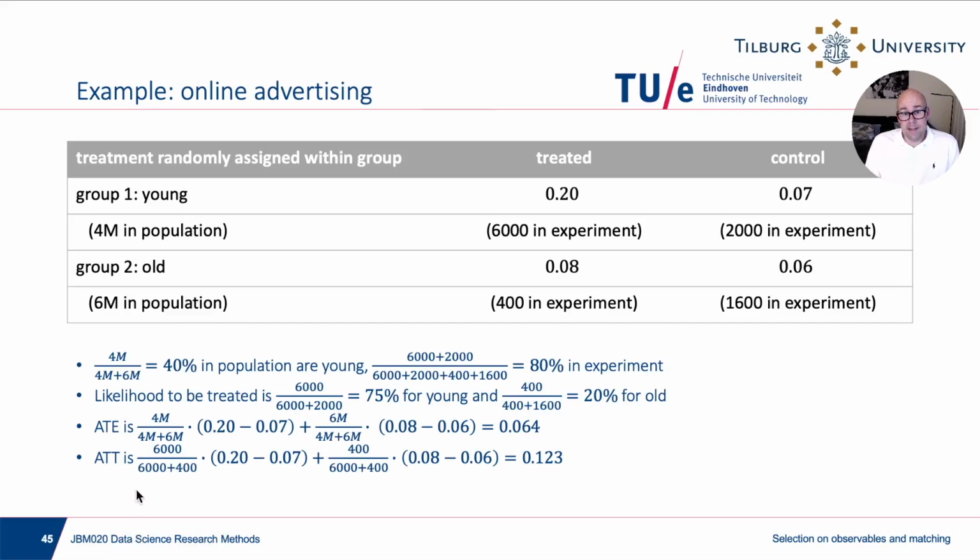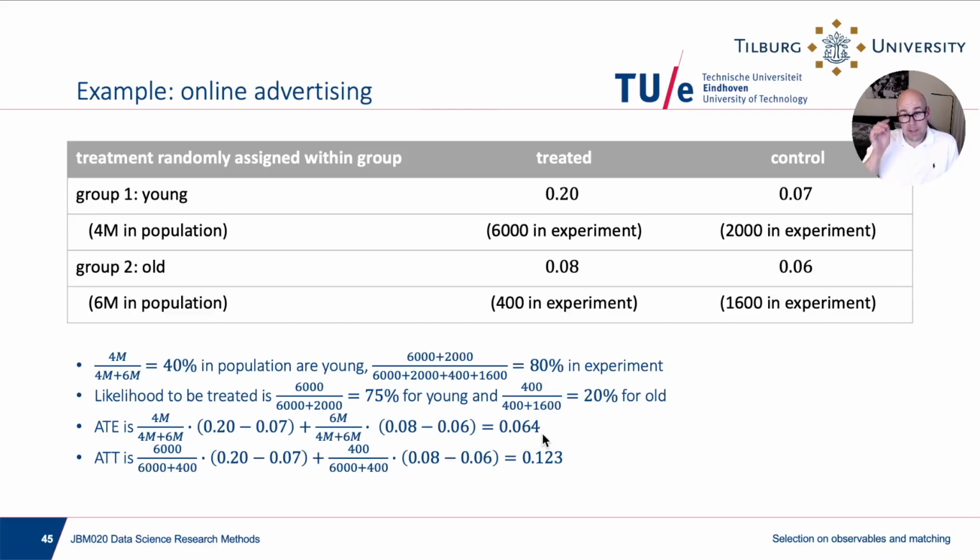So in either case, I have to use these weights here. 40% of the people are young in the population. So the chance that I'm drawing a young person is 0.4. So I have to take 0.4 times the treatment effect for young people plus 0.6 times the treatment effect for old people, and this gives us